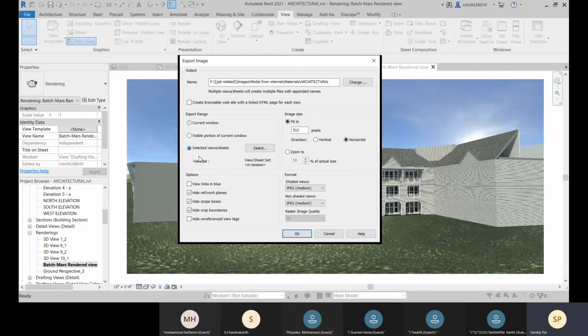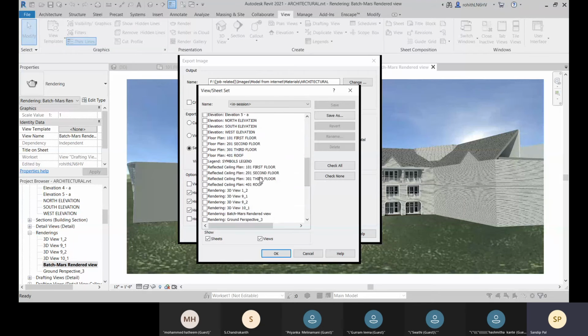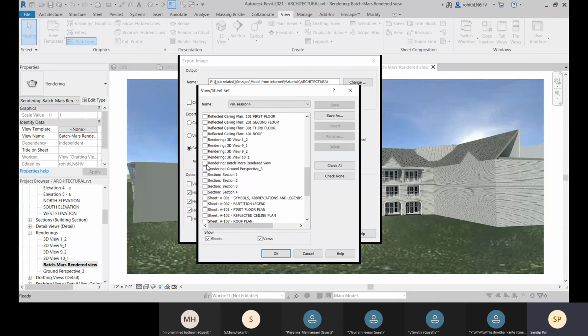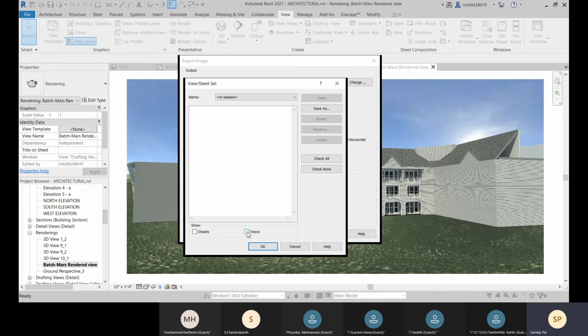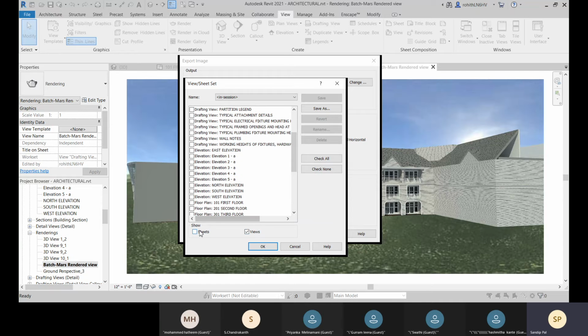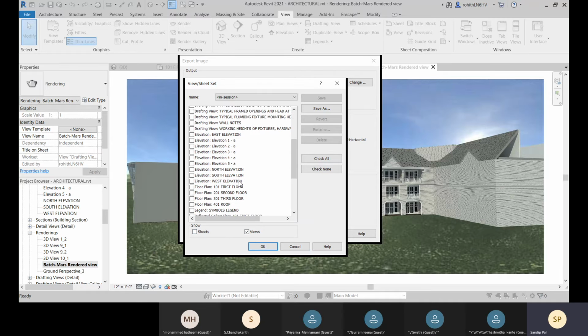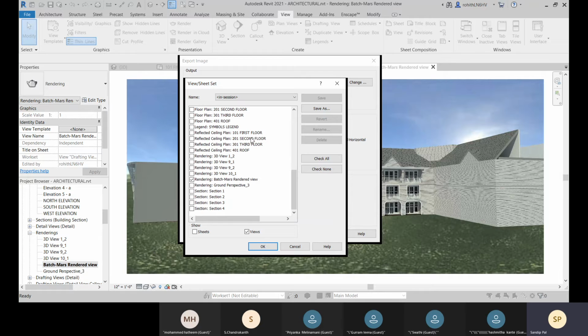So you can choose any selected views there, like this rendered view, for your image. And here let me check with the views. So within this list, what you want to show, you check over there. Within the list of all the views, you can select your rendered view there and click on